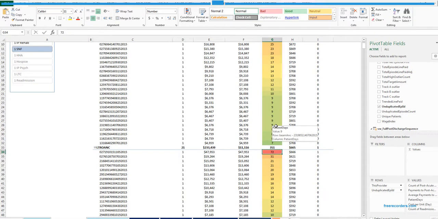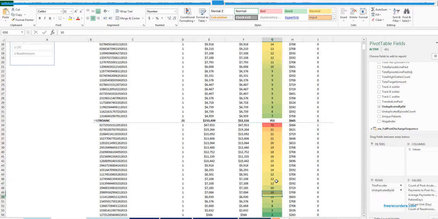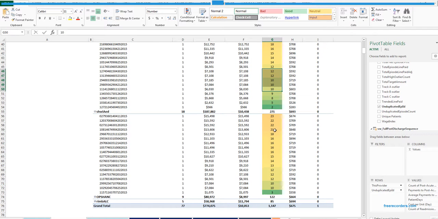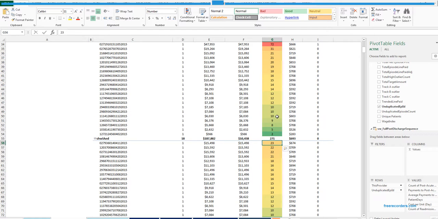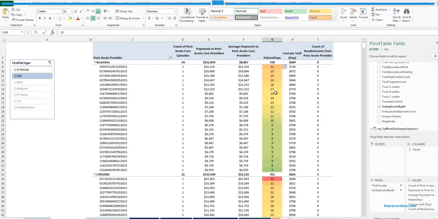So what we're seeing is that both of the high volume providers seem to have similar lengths of stay for their patients. This isn't always the case. In many cases we'll find that the highest volume provider has a lower length of stay when you look at all of the episodes than the lowest volume provider. In this case, the third highest volume provider, most of these are yellow or orange. Most of these are higher, whereas in these we have a number of green cases. You can see just visually that the average patient in each of these for this provider is staying less time